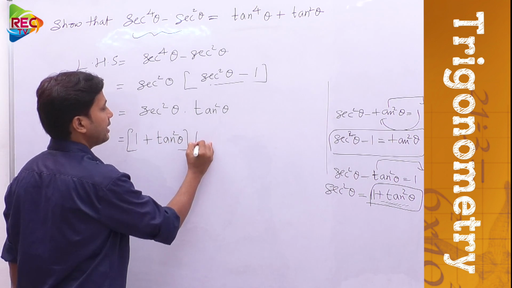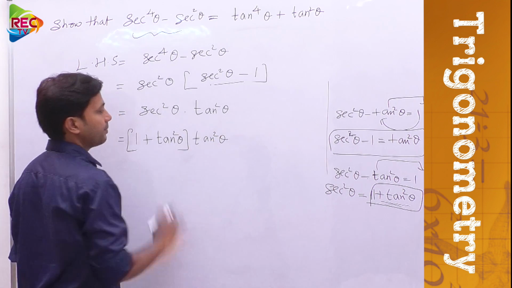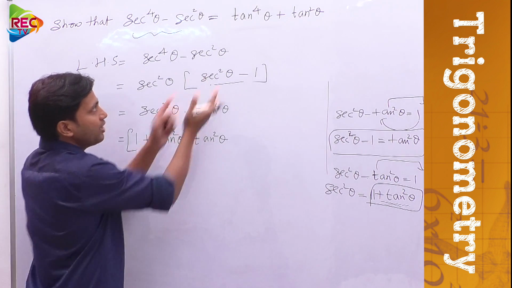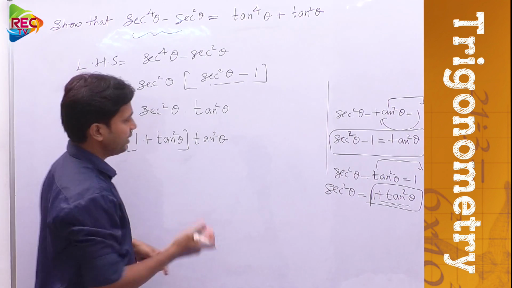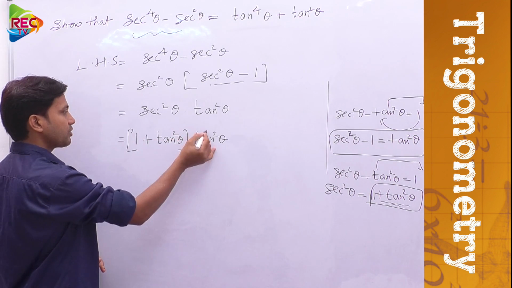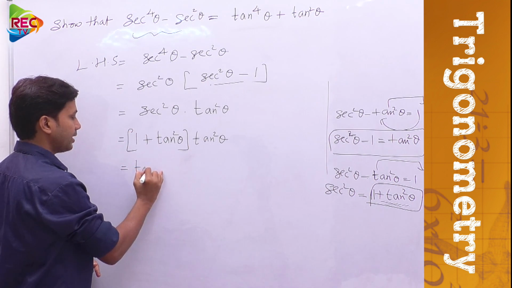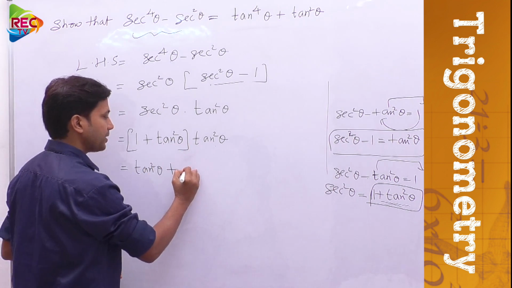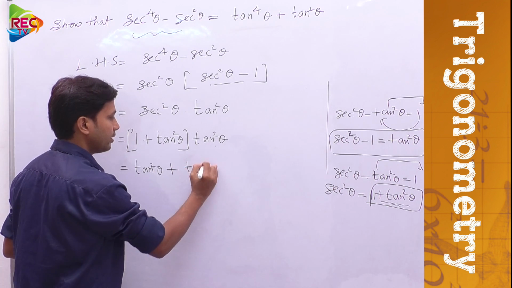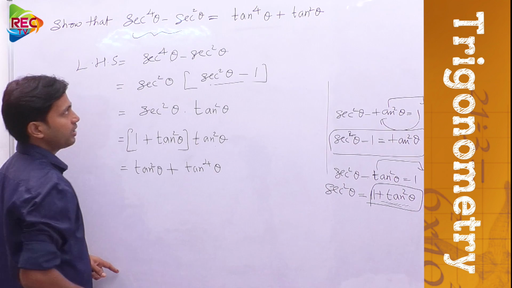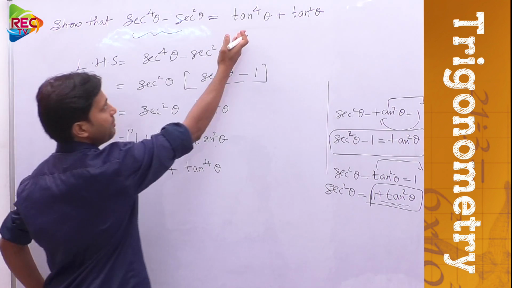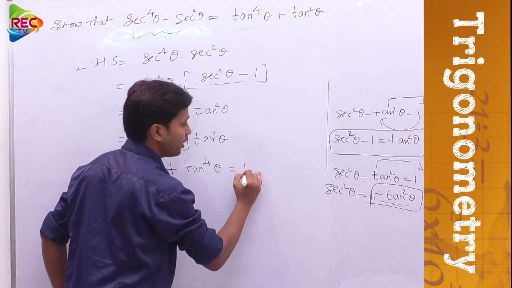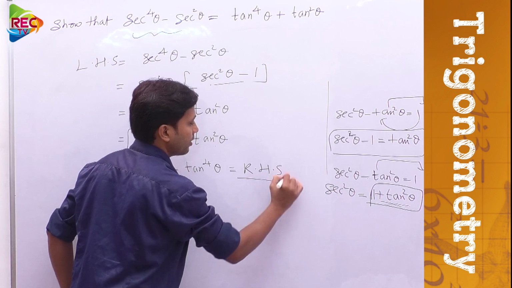into tan square theta. Now do one thing, multiply with these terms. I think it's looking somehow nearer to this answer or not? Exactly. Now multiply with every term. Tan square theta into 1, so what happens? Tan square theta. Now plus tan square theta into tan square theta. What happens? Tan to the power of 4 theta or not? Tan power 4 theta. Now tell me, did we obtain the answer or not? The thing is same, tan power 4 theta plus tan square theta. That we obtained, tan power 4 theta plus tan square theta. So therefore we got the answer RHS, right?